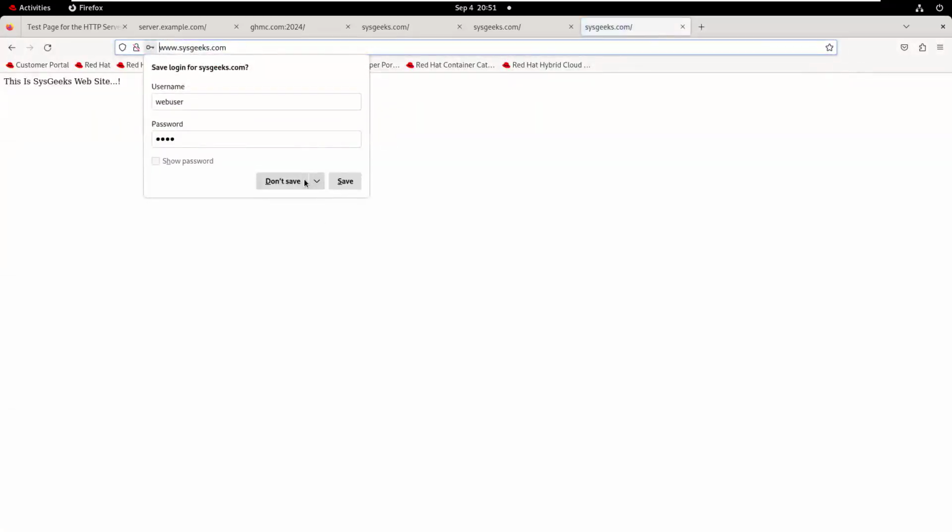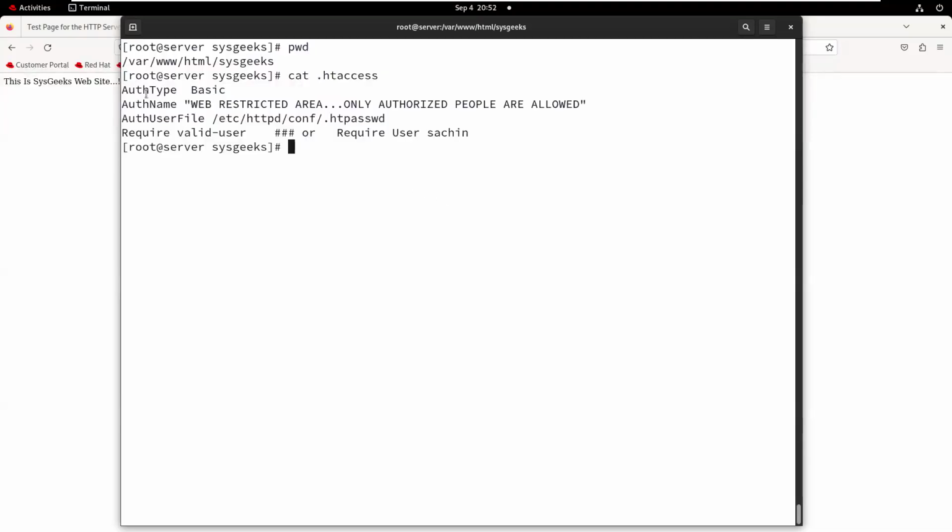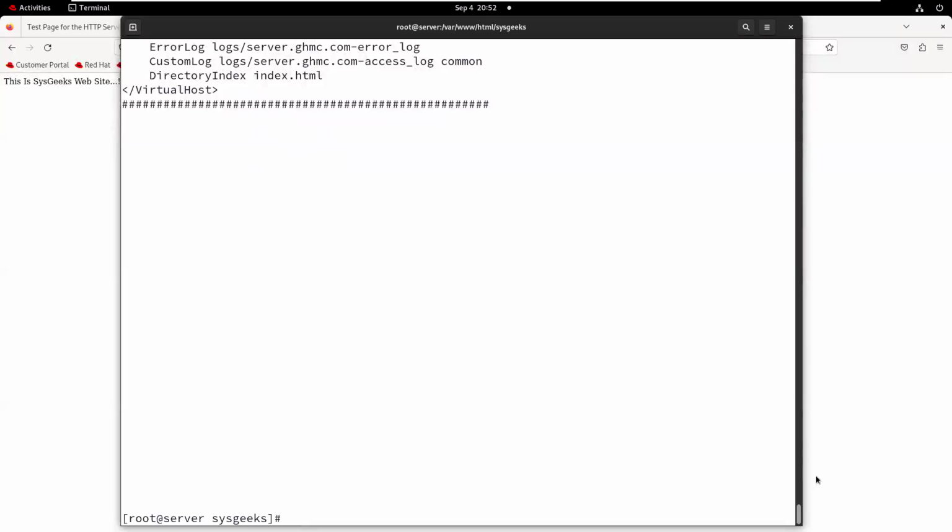So this is the way of managing what? User authentication and authorization. So once again, the first important thing in user authentication and authorization is that we need to create one .htaccess file in the location of the website folder. What is the .htaccess file? This is the information, 4 keywords, and then even in the configuration file of /etc/httpd/conf/httpd.conf, we need to write something in the file.